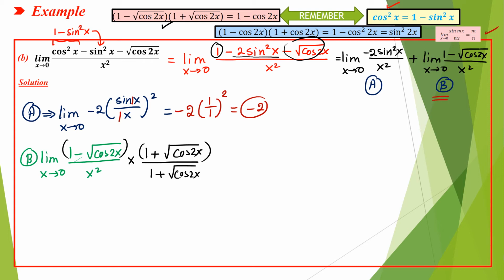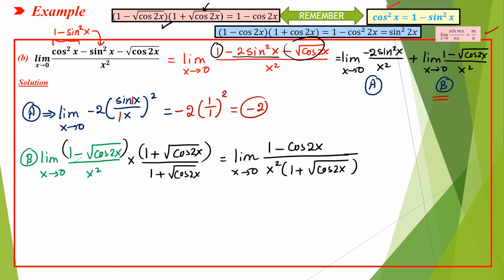of cosine 2x times 1 plus square root of cosine 2x equals the first one squared minus the second one squared. The second one is a square root, so when you square it you cancel the radical, and 1 squared equals 1. So we have 1 minus cosine 2x. So this equals the limit of 1 minus cosine 2x divided by x squared times 1 plus square root of cosine 2x when x goes to